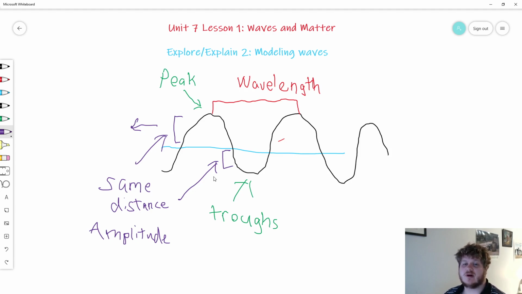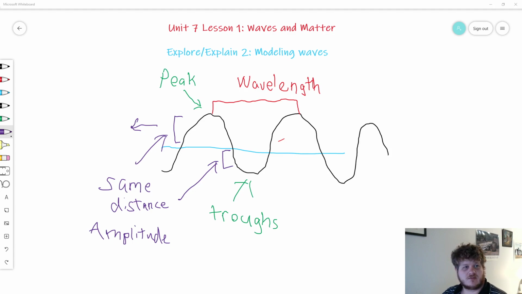You'll learn a lot more about these types of waves and periodic functions when you get to pre-calculus, because these can actually be expressed mathematically. As you go further on in math, eventually with things called Fourier series, you can actually model sounds using a whole bunch of different waves, which is really cool and pretty complicated. So,